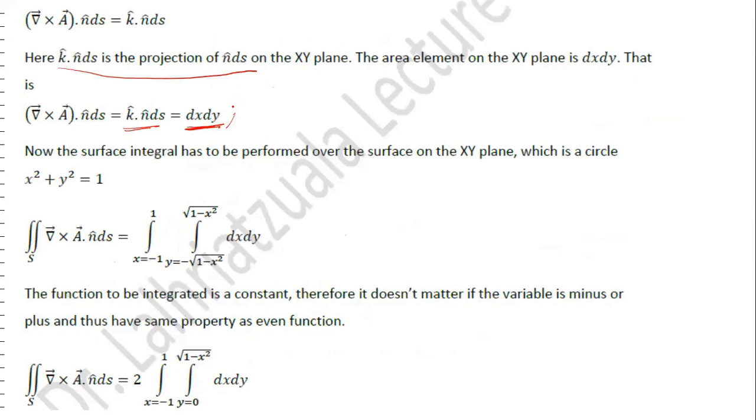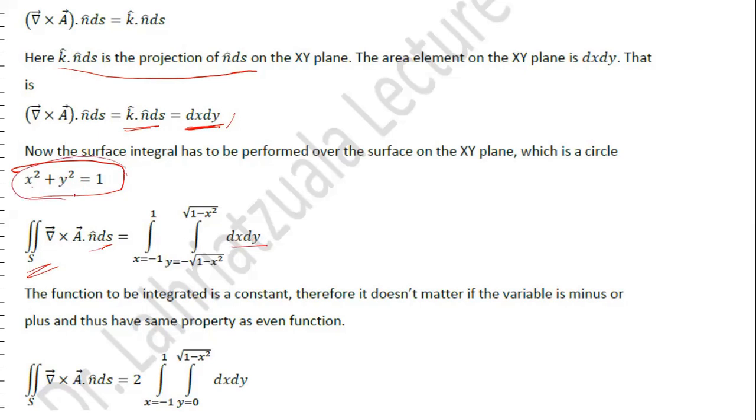And now, since the surface integration has to be performed over this, because this is on the xy plane now, instead of having the whole x squared plus y squared plus z squared equal to 1, we have projected our surface on the xy plane because of the dot product with k cap here. So we have to follow this, right? So in this surface integration, instead of this, we write dx dy, and